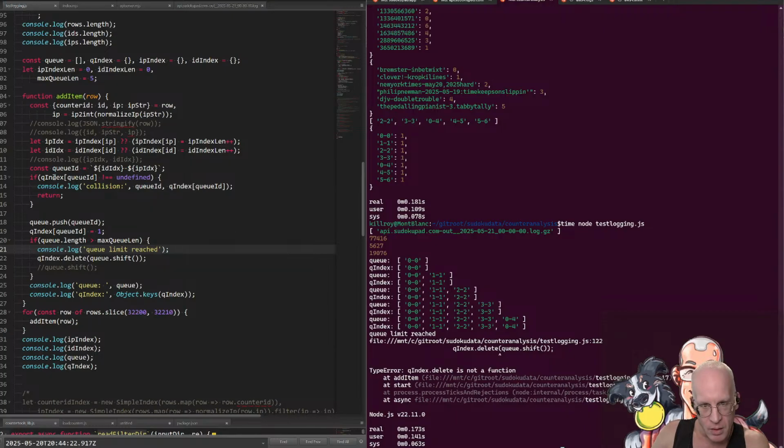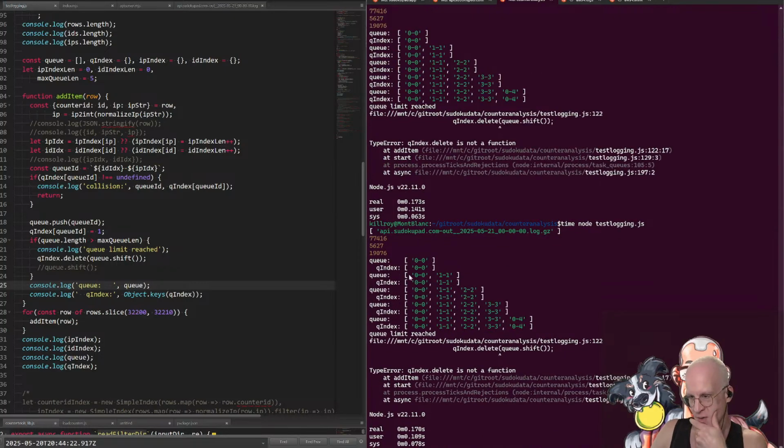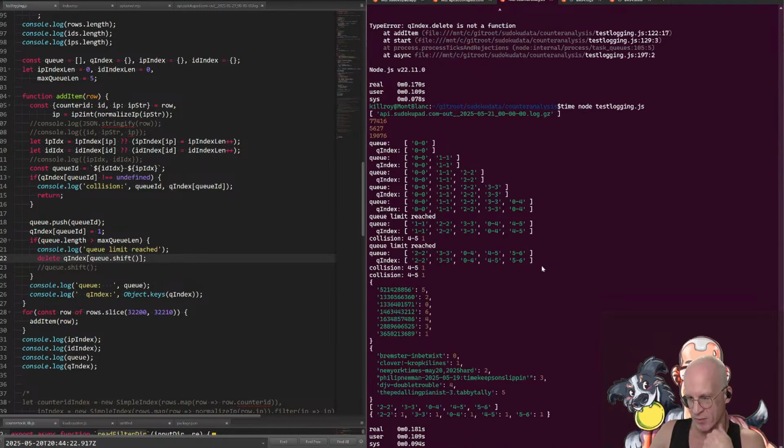Let me indent the queue index just to make it easier to see. Right, so queue index, queue index, queue index, queue limit reached. Queue.delete is not a function. Wait, queue index. Oh, no, we want this. I don't know if delete is the fastest way to unset something from an object. We might want to change this to a set later on. So queue limit reached. Yeah, so they stay the same length and they're basically in lockstep, which is kind of